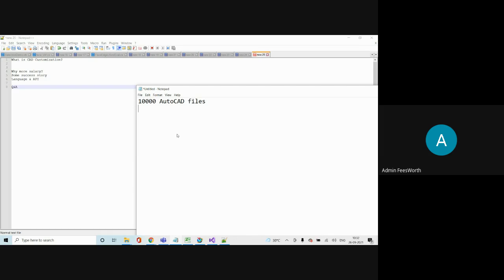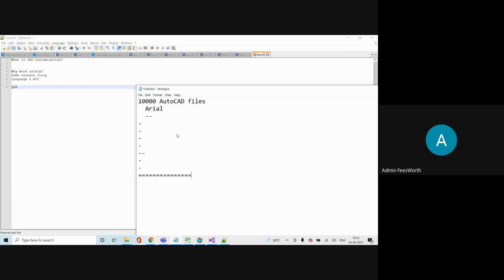So what did the company decide? The company wants to make all 10,000 drawings very uniform. Just change all the text to Arial, and keep all dimensions in some layer or as per some logic. Just as an example, I'm telling. Text should be changed like this, dimension like this, all the center lines, hidden lines should be in a particular layer, particular color. There are some 10 different changes you want to do in every file.